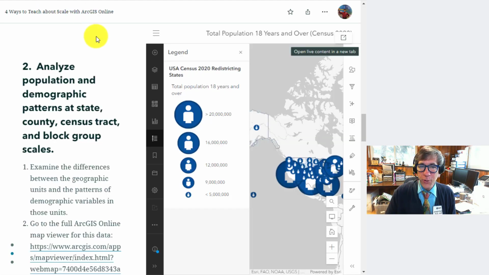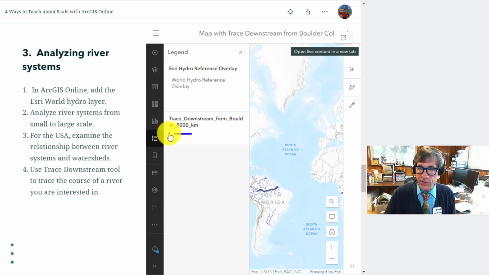We best move on. Okay, the third way is with river systems. So, for example, if